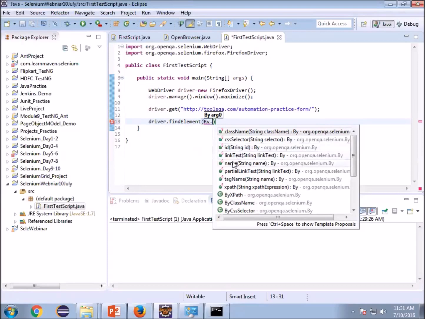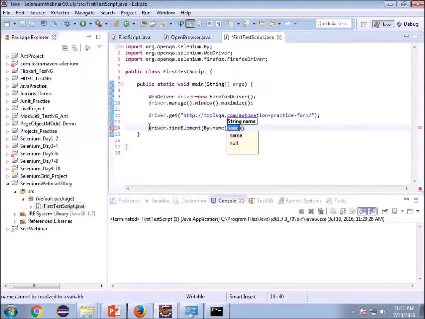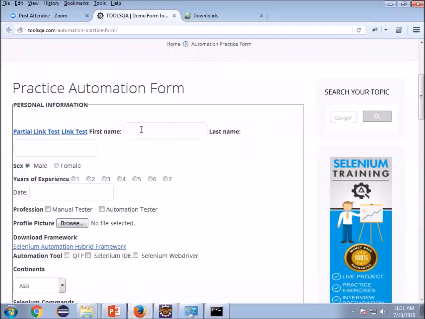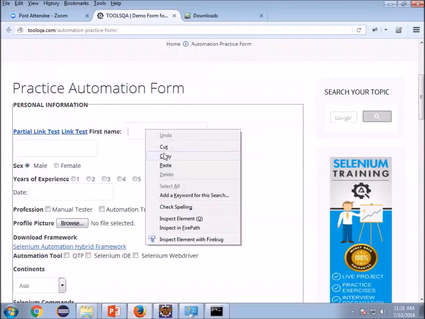Let's suppose I will identify my first locator using first name. Since you are identifying a web element here, WebElement ele1 is equal to something like this. Now you have to pass here the name that the developer has given it. How do you do it? Just right click on it, inspect element.